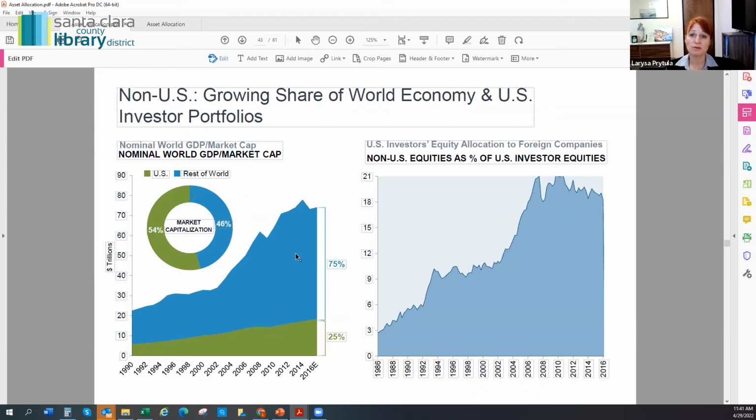A lot of investors have a US bias. I talk to Australian investors and they say, we love our Australian market because that's what they know. Same with us, we know our companies, we know our economy, we feel comfortable. So a lot of US investors are US biased, and there is nothing wrong with that. You need to invest where you're comfortable. But at the same time, as an educated, well-rounded person, you need to understand that the rest of the world also has a lot of potential opportunities in different companies. So that's pretty much what I wanted to cover today.